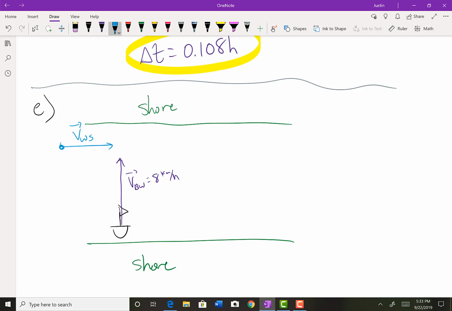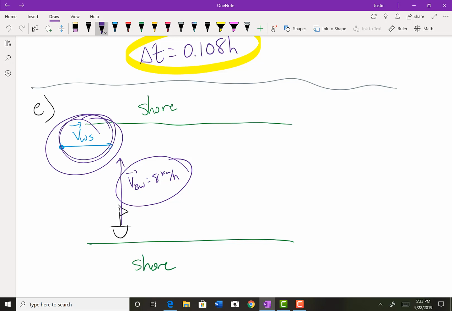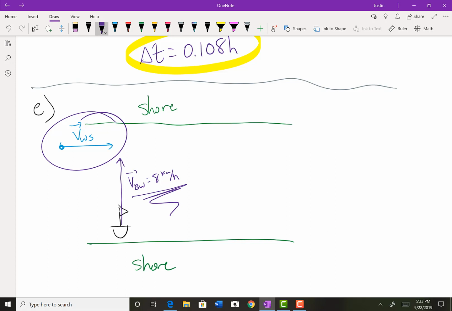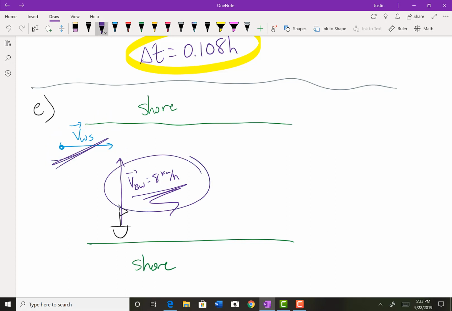All right, so even though the velocity of the boat with respect to the water is going to be added to the velocity of the water with respect to the shore, perpendicular vectors are independent of one another. These two vectors, this and this, are independent of one another. So whatever happens in this direction is not going to affect what happens in this direction. Whatever happens in the y-hat direction is not going to change what happens in the x-hat direction